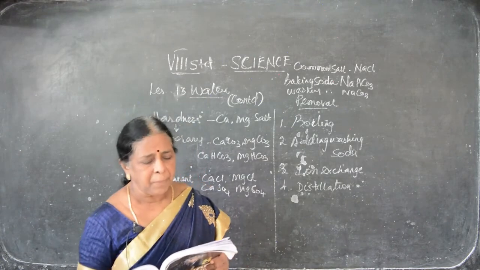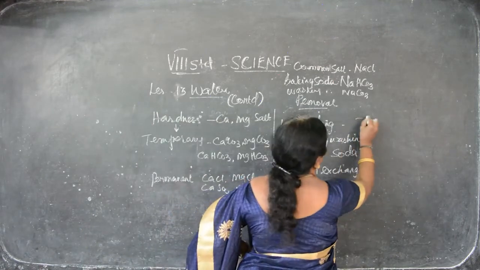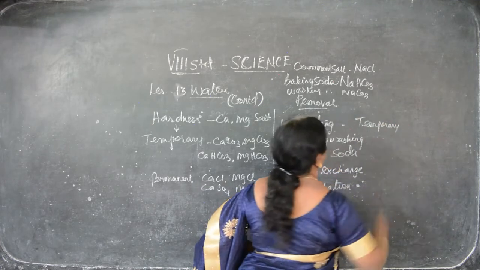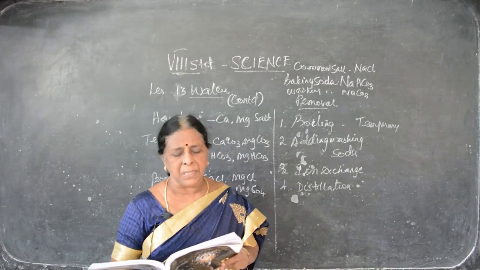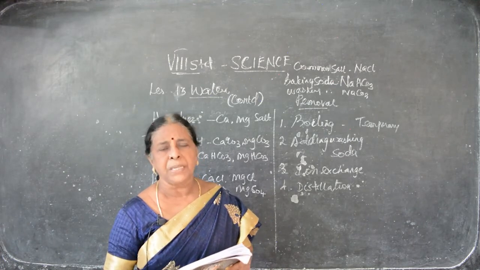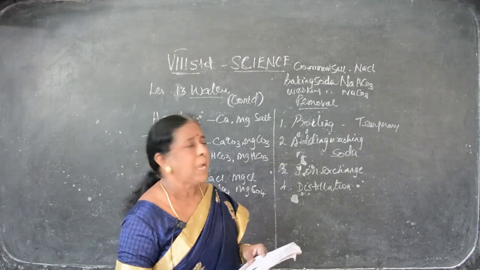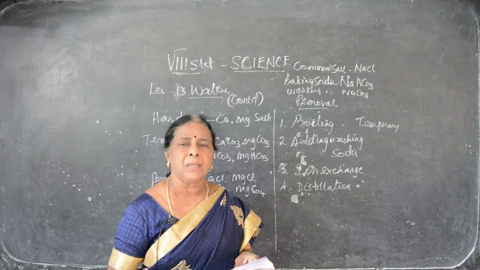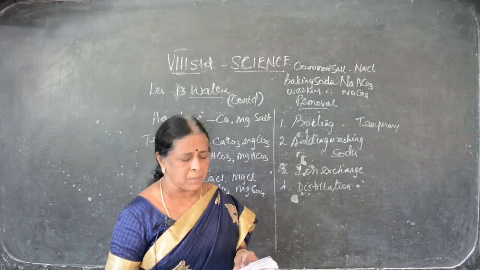So we'll see, temporary hardness is easily removed from water by boiling. So boiling is mainly for what? Temporary hardness. See, easily we can remove it. When heated, the calcium hydrogen carbonate decomposes, producing insoluble calcium carbonate. The insoluble carbonates are then filtered and removed from water. This makes the hard water soft and fit for use. When we boil, what happens, the salt in it settles. Then we can easily filtrate it and the water can be used for other purposes.